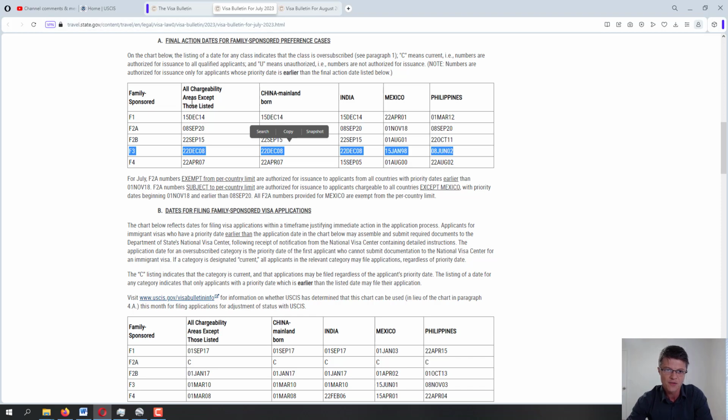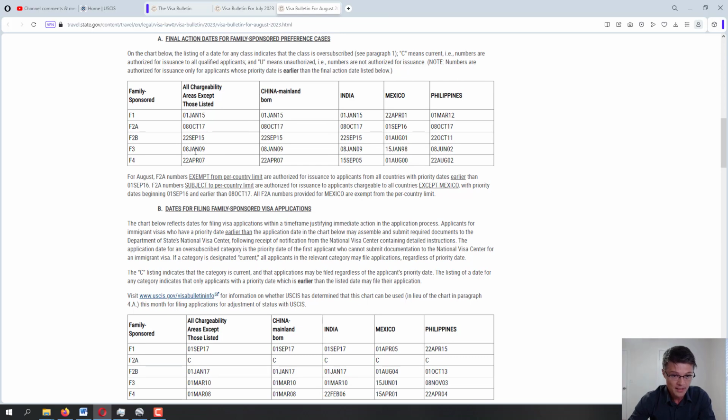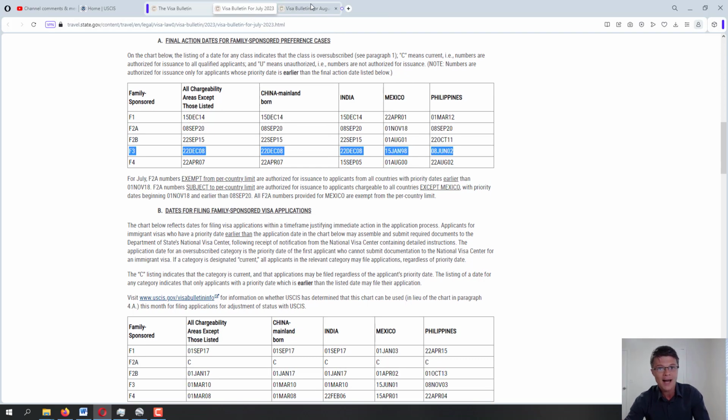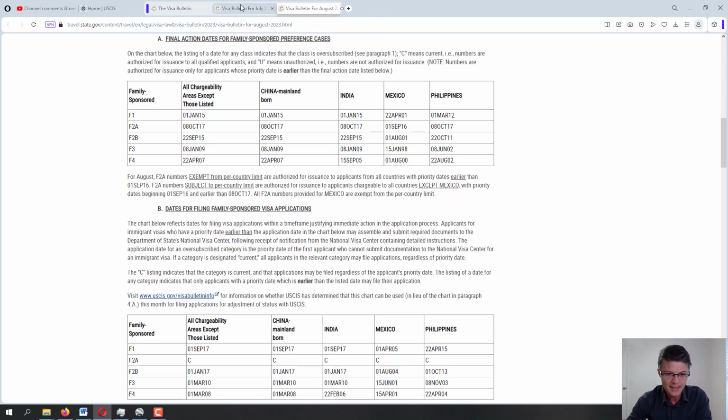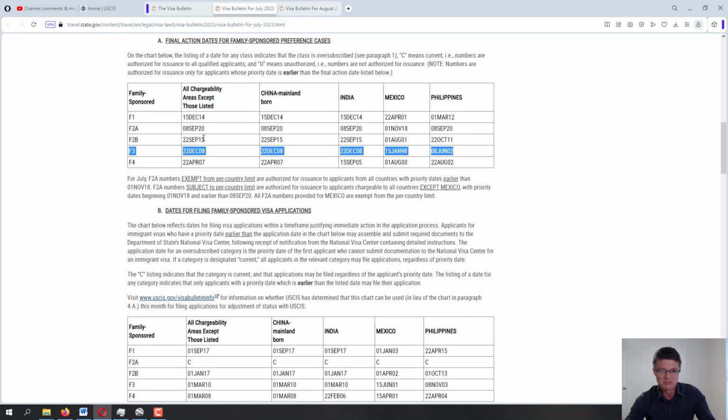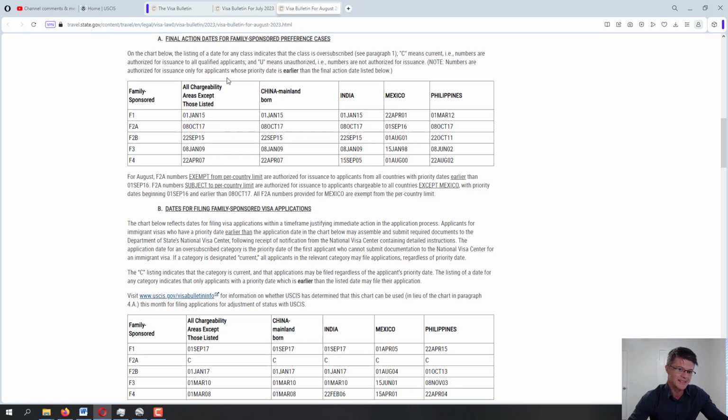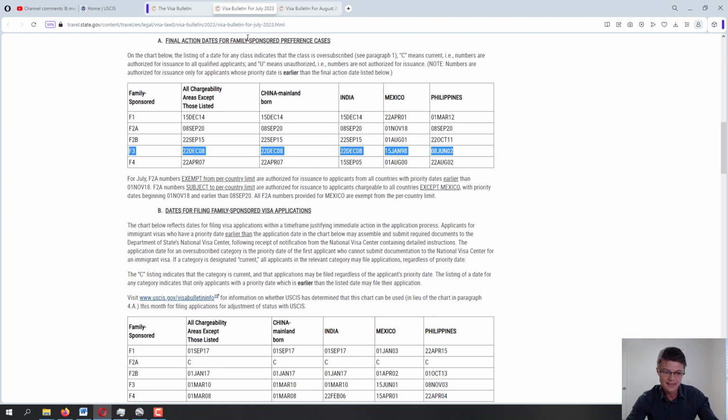Let's see, F3, all chargeability for July 2023 is showing 22nd December 2008. So let's see, January 2009. Okay, so positive movement on F3 category for all chargeability. Not a lot, only about, well, what is it, 8 days, 9 days plus 8, like 17 days. A little bit more than half of the month, but again, some positive movement is definitely better than no movement,